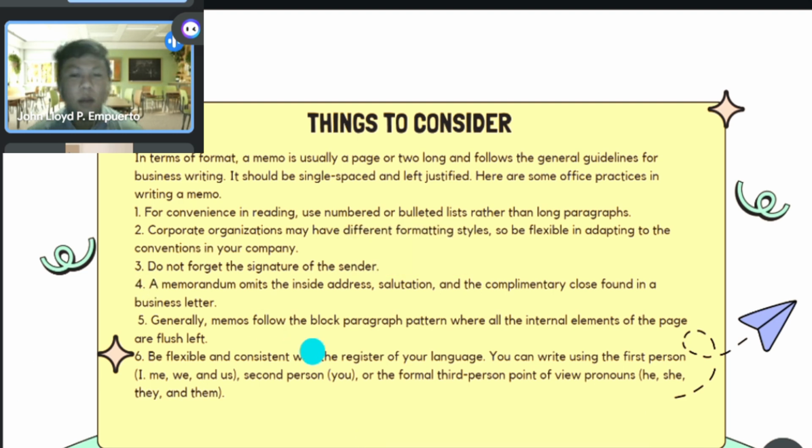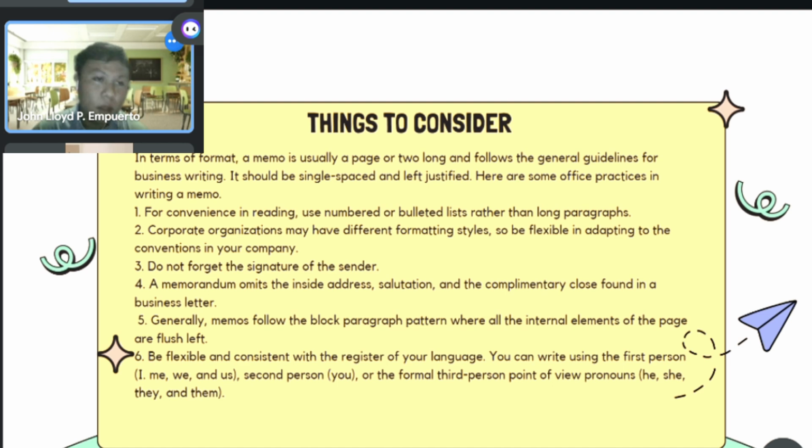This creates a clear and straightforward look, making it easier for the reader to scan the document and locate specific information. This practice promotes clear and concise communication. Long paragraphs can be dense and difficult to follow. By using numbered or bulleted lists, you can break down complex topics and make them easier to understand by presenting them in a step-by-step or point-by-point format. And readers can quickly grasp the key points by scanning the list.